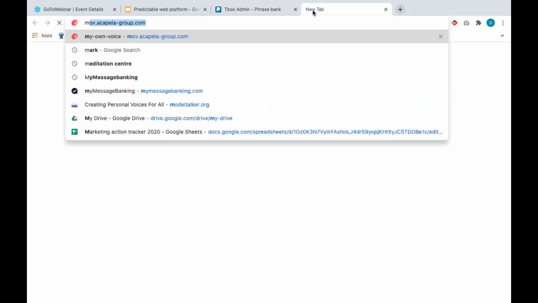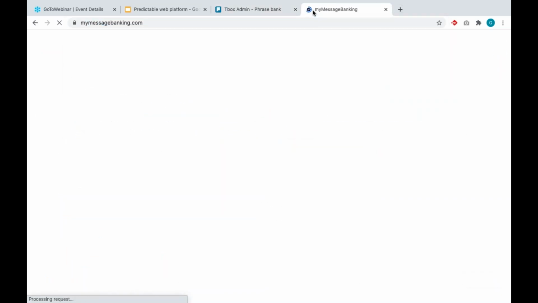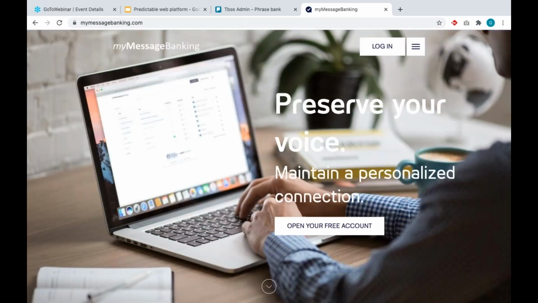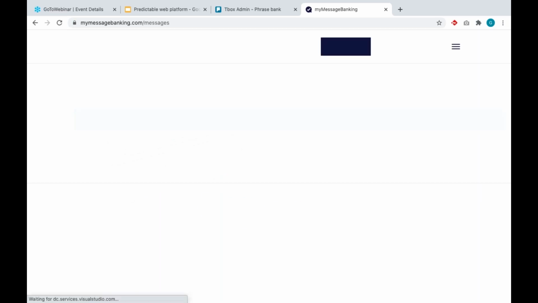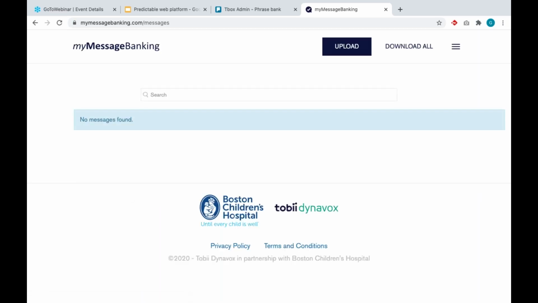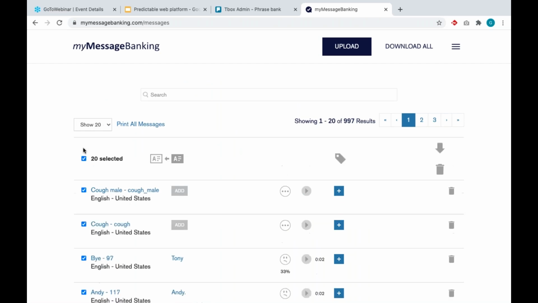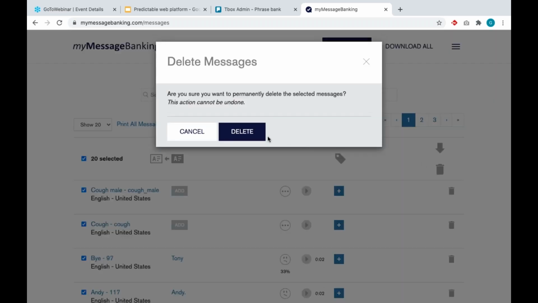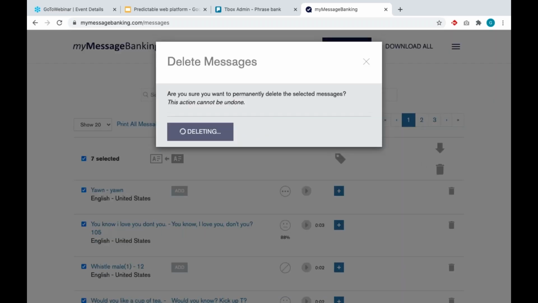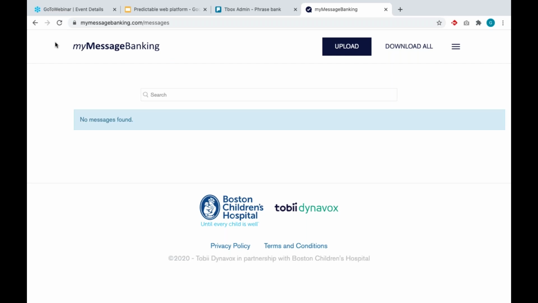So, MyMessageBanking. I already created my account, so I'm just going to log in. And I'm going to delete everything, just to show you from scratch.